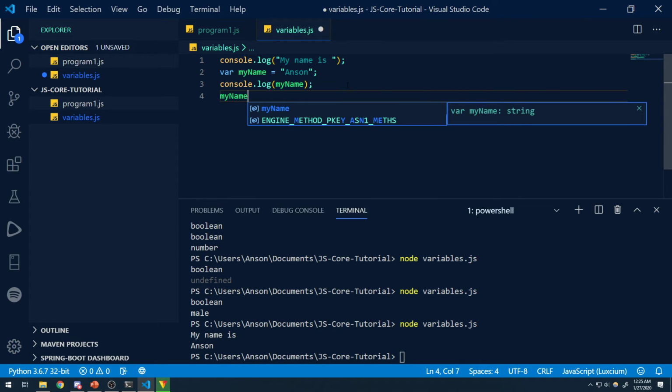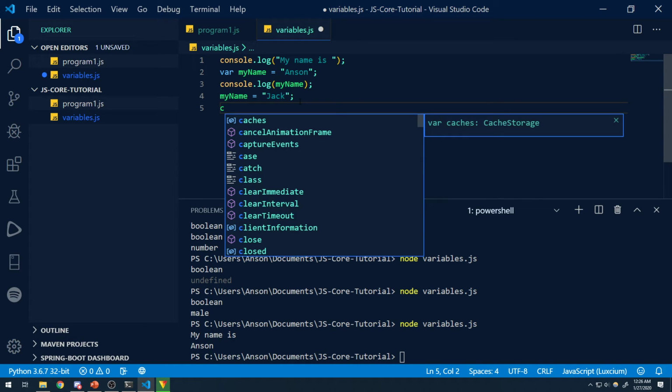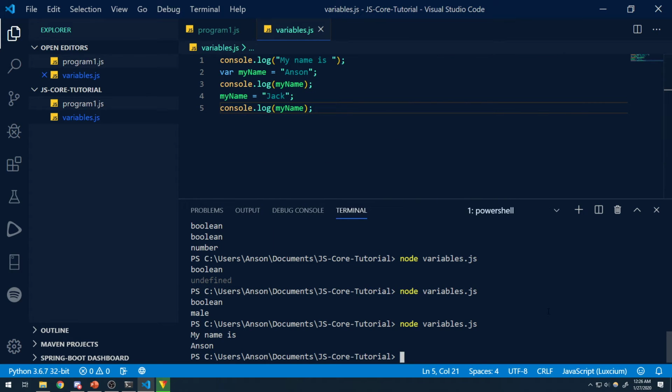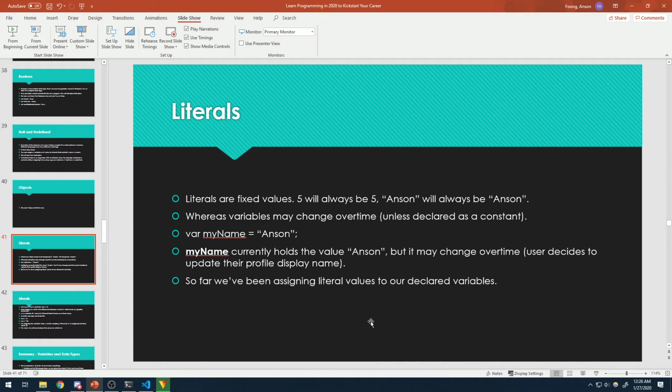I can then change this value to something else. I can change this to Jack. Now notice how this string literal stays, right? We are not changing it. This is also a string literal. This is constant. At no point can we go back and change this string literal. It's going to stay fixed forever throughout the program. But we can change the value of a variable throughout the entire program. And logging my name again on line 5 is going to give us Jack because we changed it on line 4. So I wanted to explain that as well because it's important to understand the difference